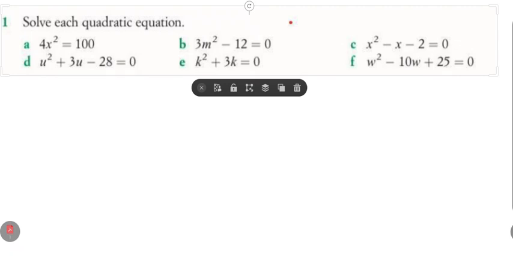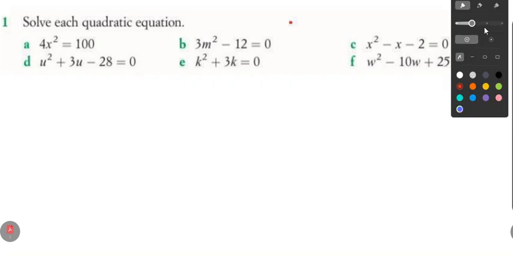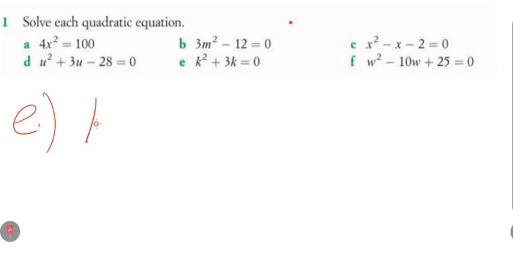The E part now then. So if you can see the figure down here for the E, we have k squared plus 3k equals 0. Now to solve this, let's factor out the common term for k. So that's going to give us